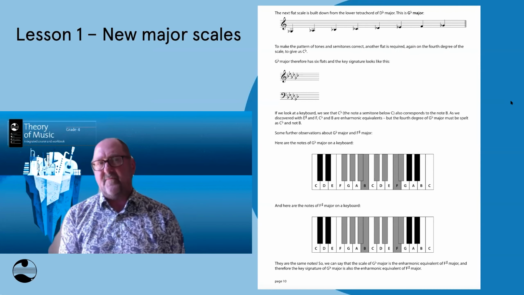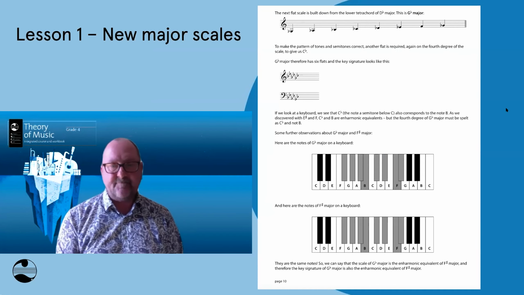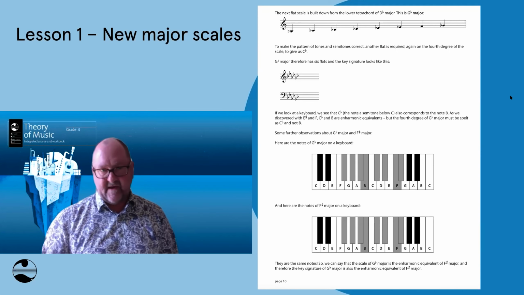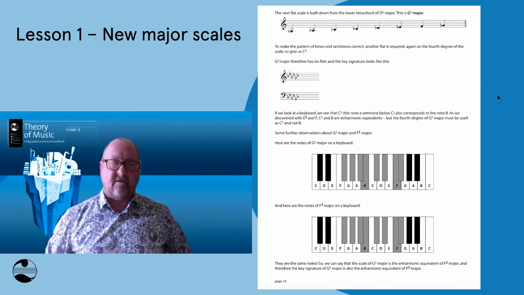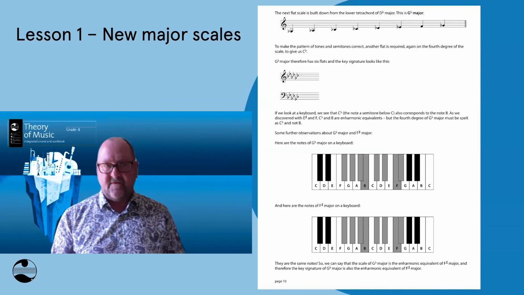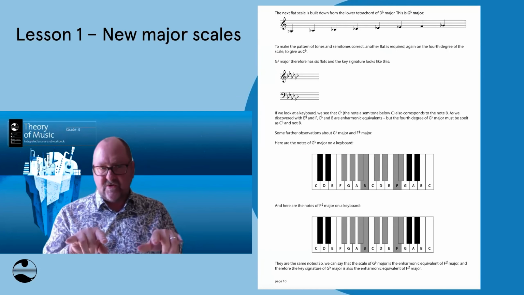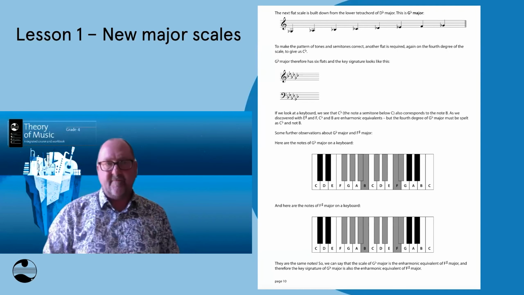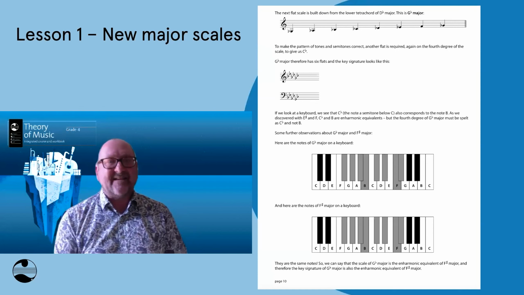And there are 4 of them that we need to know for grade 4 theory. And they are B major, F sharp major, D flat major, and G flat major. And yes, I've just got a page up here on the screen, just showing you how I've laid this out in the book. I've followed the same method that I've used in previous books, where we just divide the scale into a pair of tetrachords, and working sharp-wise, we go that way, working flat-wise, we go that way. And I'm aware that I'm mirrored, so I think the directions are correct.